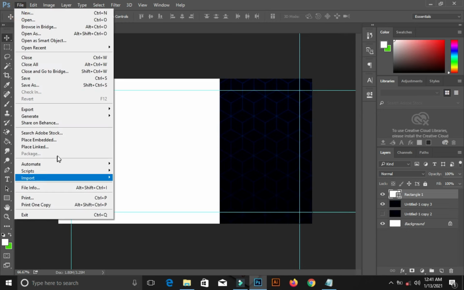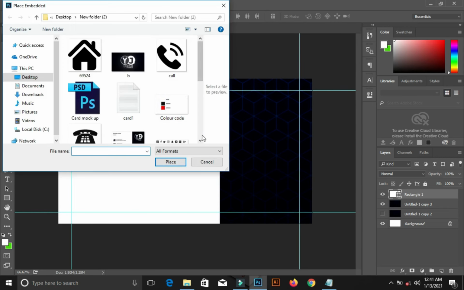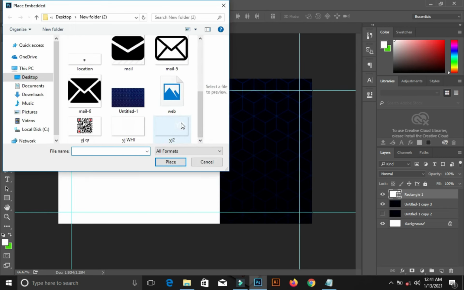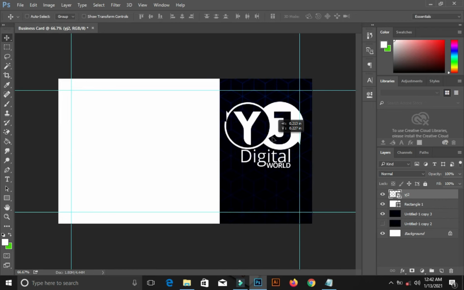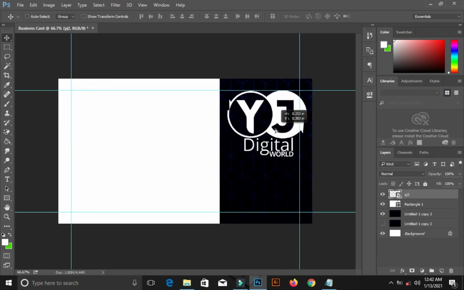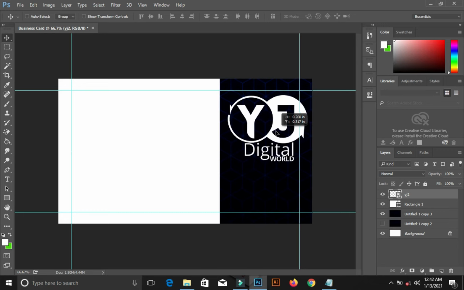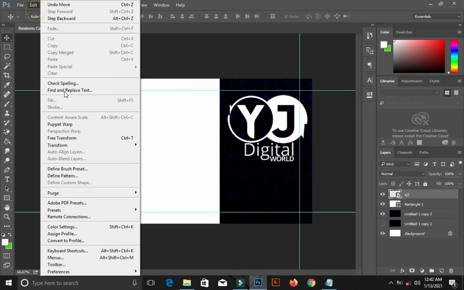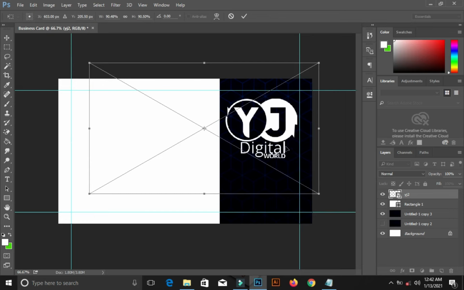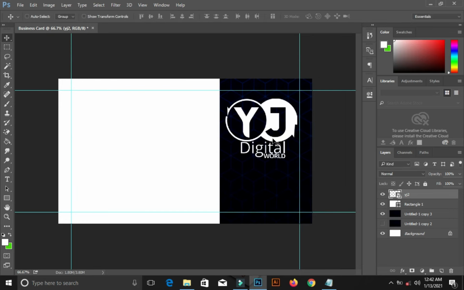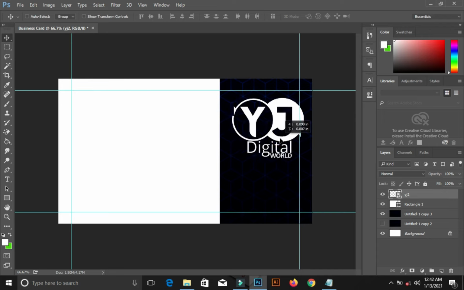Go to File, locate the logo, this is it, double click on it. I brought it in. All you have to do is left click, drag it in, position it. After doing that, I can choose to transform. Go to Edit. If you want to transform, the keyboard shortcut is Ctrl T. If you want to resize it, you hold your shift and alt to maintain the proportion. After resizing, double click, adjust it to the center. I think this is good enough.